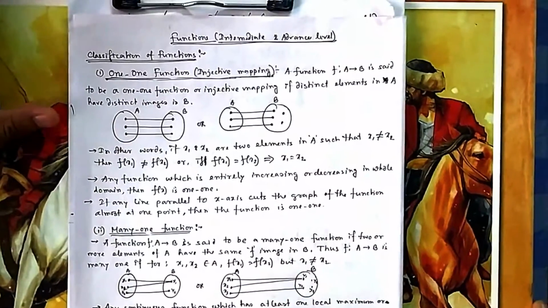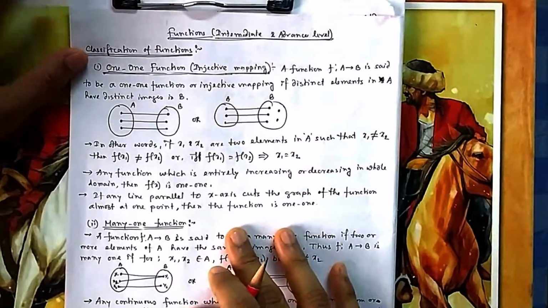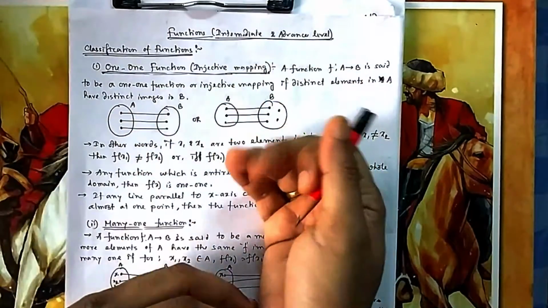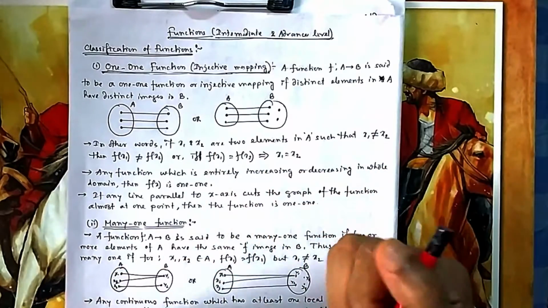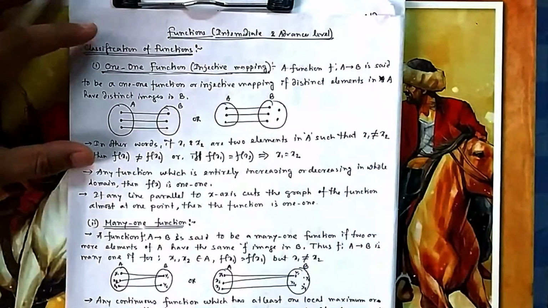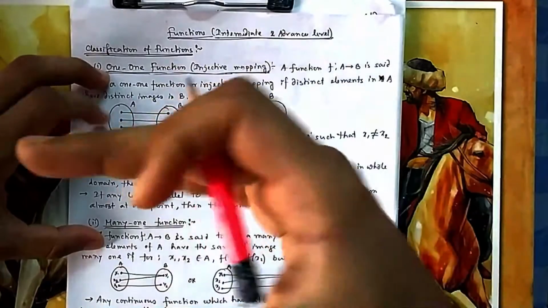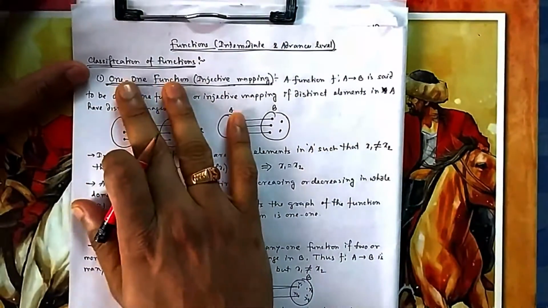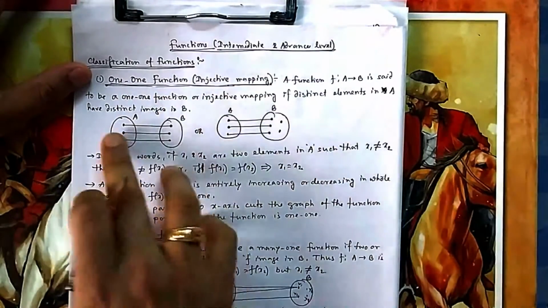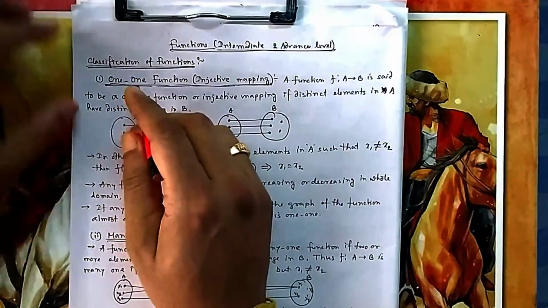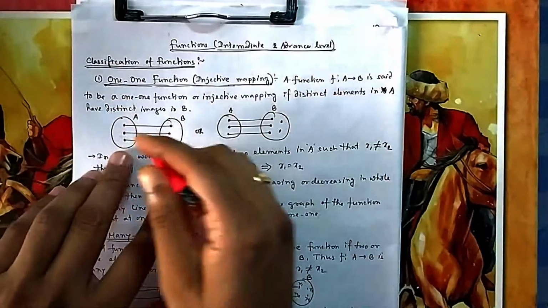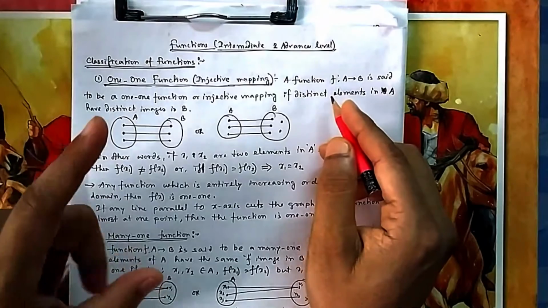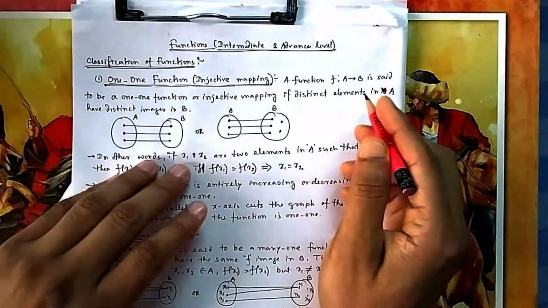How you classify matters, because you can classify some persons on the basis of weight, some on the basis of height, some on the basis of marks. So classification on the basis of what? The first two are classification on the basis of one respect, the second two are classification on another aspect. So the first two, one-one and many-one, are about how this is connected. One, you can feel it, the connection should be one. That means each x has one y, that's the idea.